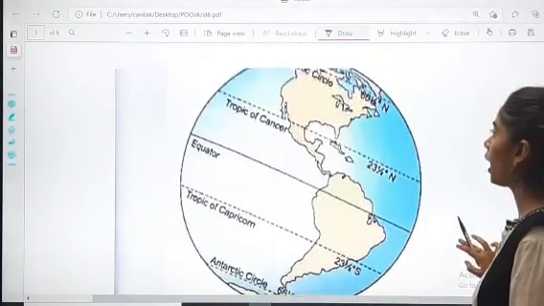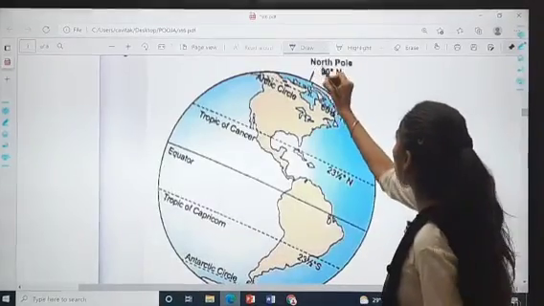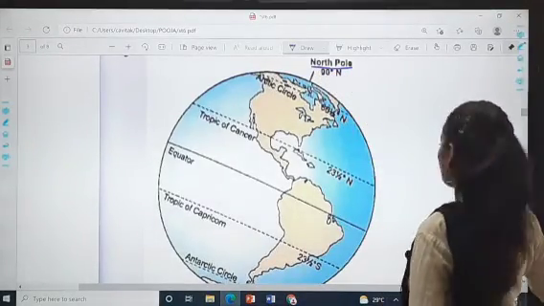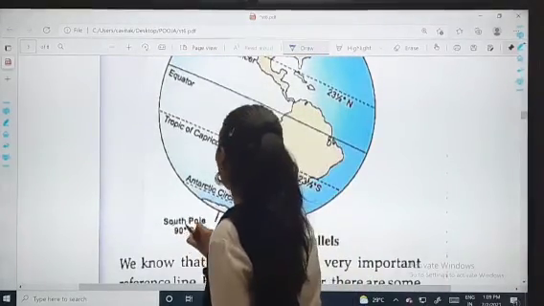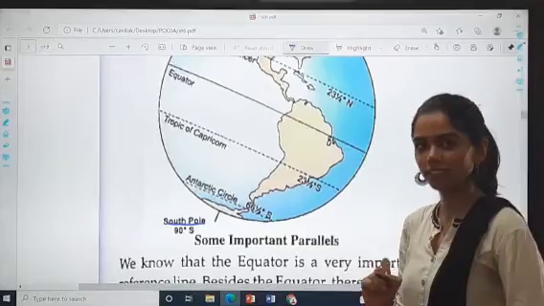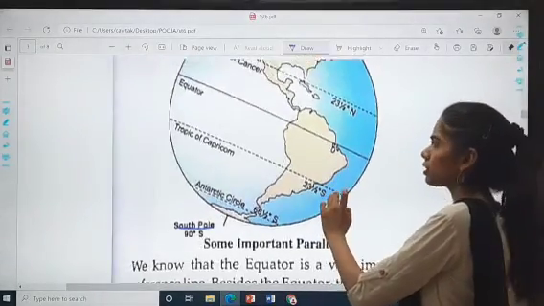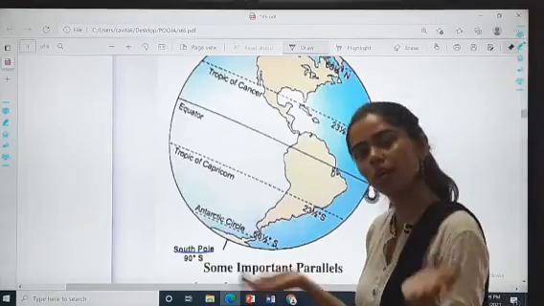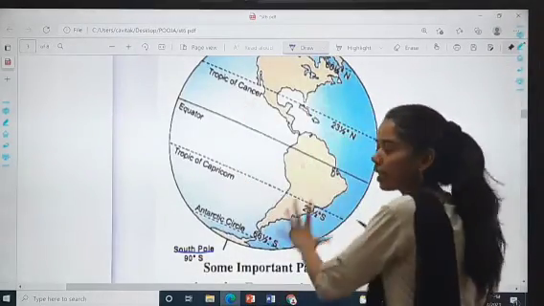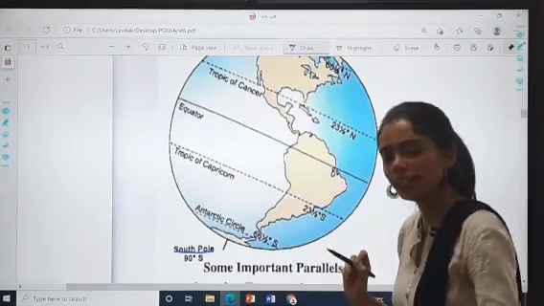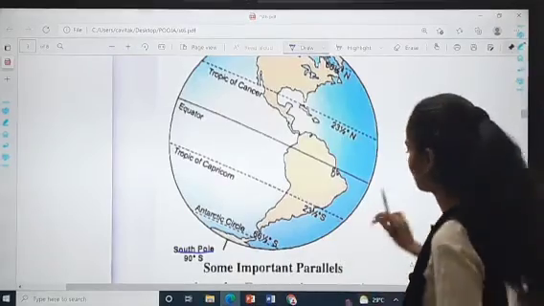Now as we know that, where is the North Pole? North Pole. And where is the South Pole? Yeah, here is your South Pole. Okay? Now in this figure, see they have kept it a little tilted, so don't get confused. Both are correct. Okay? अगर हम equator center में दिखा के सारी plotting center से करते हैं, that is also correct. Or if we keep it tilted, that is also correct.